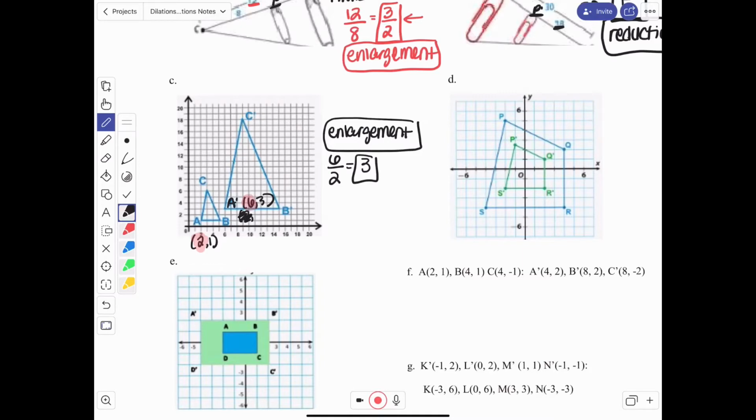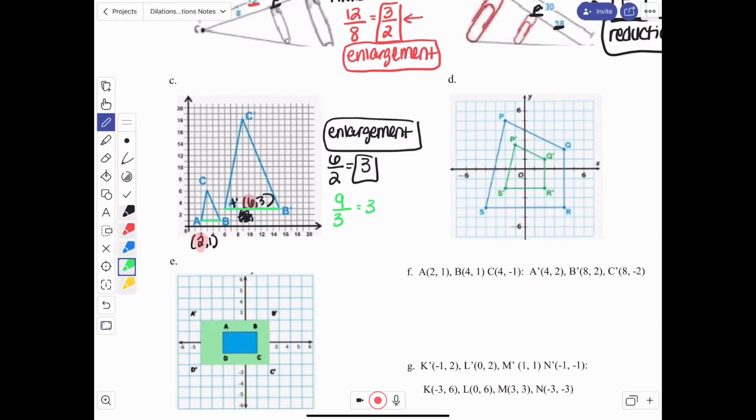The other way of doing it is we could just count the bottom, since it goes straight across. Now you want to do something that goes straight across, either straight horizontally or vertically. You wouldn't want to count the side here, because that's hard to count the coordinates. All right, so if we just look at the bottom here, we could count 1, 2, 3, 4, 5, 6, 7, 8, 9. And then if we do this one, 1, 2, 3. And that also gives us a 3. So you could also do it that way. So you could either look at coordinates, or you could look at a base, or you could look at a